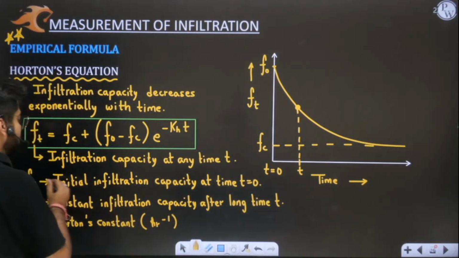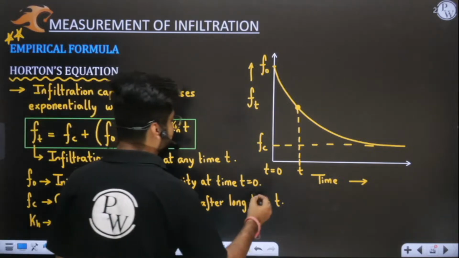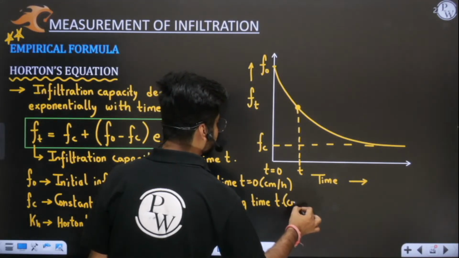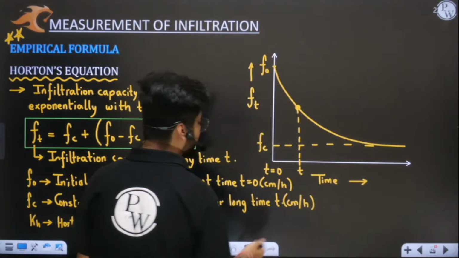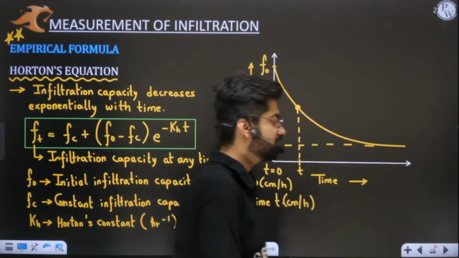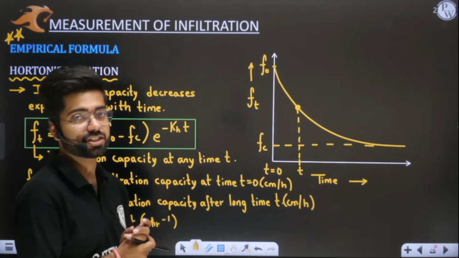R inverse, see, the unit of f0 and fc is centimeter per hour. This will be expressed in centimeter per hour. Now we'll solve some questions. Also, one more thing you have to understand: if I want to find total infiltration, this thing is